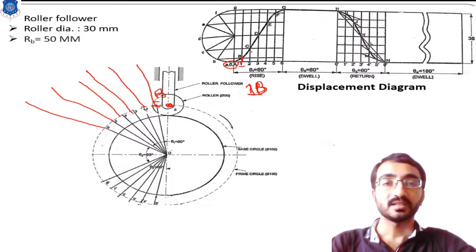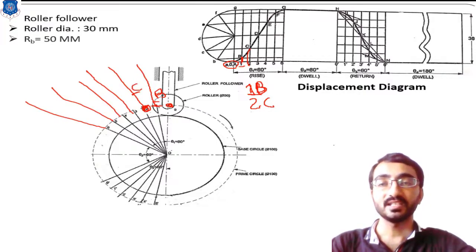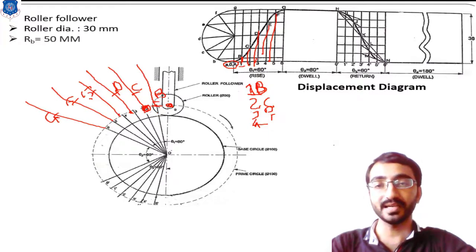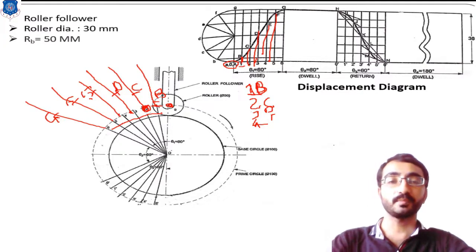Similarly, the second displacement, that is the 2C distance. To measure this 2C vertical distance with your rounder, put the tip of your rounder on point 2 and make an arc on this radial line, that will give you point C. Similarly, from point 3 it will give you point D, from 4 E, and you will get the rest of the points by following the same procedure. That is for the 1B, 2C, 3D, or we can say 4E points. So by measuring this vertical line and making an arc, taking the center of this 1 dash, or 1, 2, 3, 4, 5, 6 points from your prime circle.